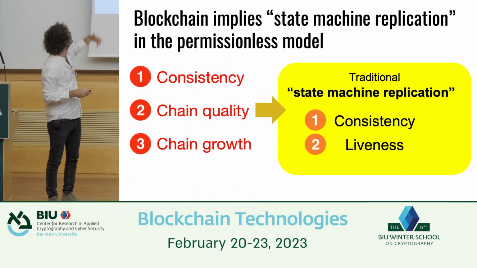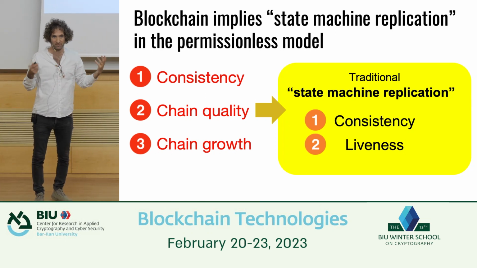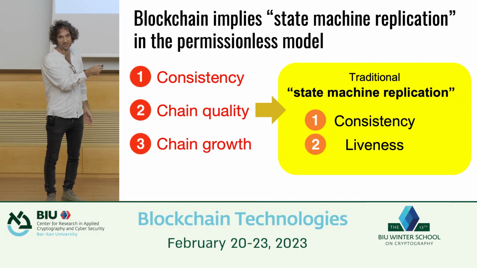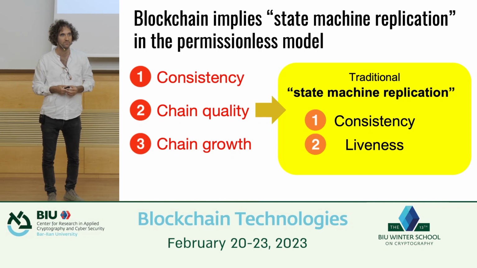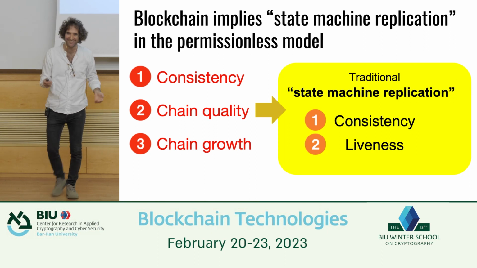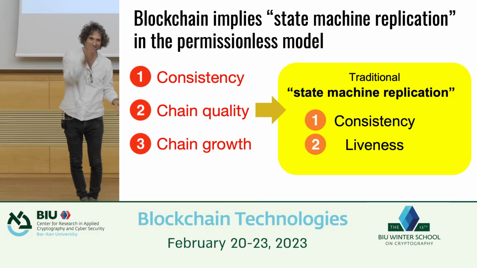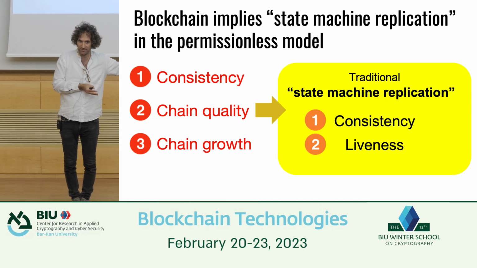Show to me that if you have something satisfying these properties, then you can get standard consensus. A standard state machine application satisfying consistency and liveness. Can someone tell me how to do it? So given a blockchain, how do I get consensus? Nobody? Okay, I'll tell you. So if you have a blockchain, what you do is you truncate k blocks from the end, and you output everything before that. Okay? That's going to be your consensus protocol.